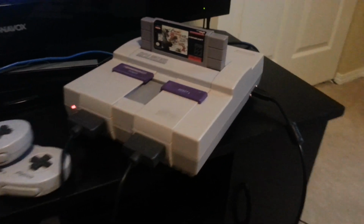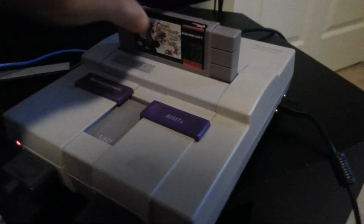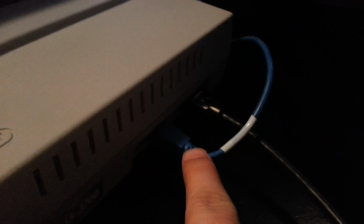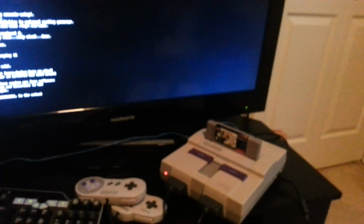A little bit about the case is that it can fully support the games. You don't need them in there, it's just cosmetic. The eject button does work. You have a USB port, and in the back you have a USB-B type cable for power and an HDMI cable. While the system's booting up, it boots into a Linux operating system that boots automatically into an EmulationStation front